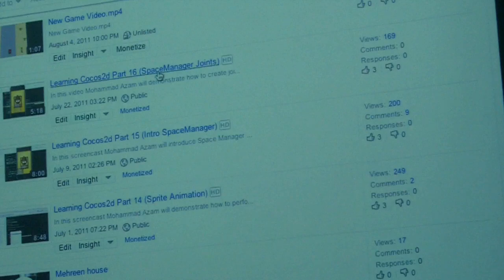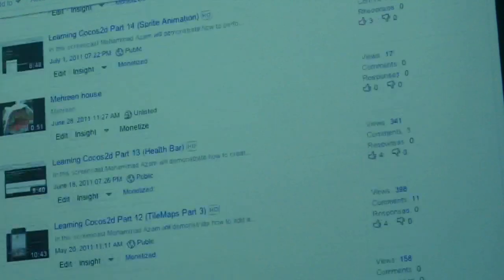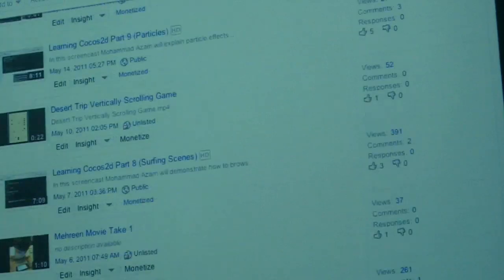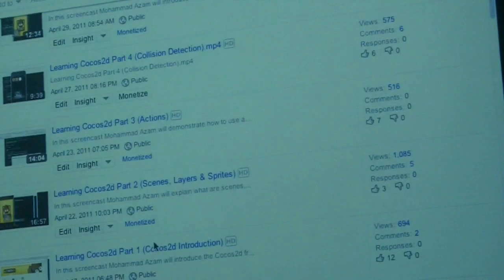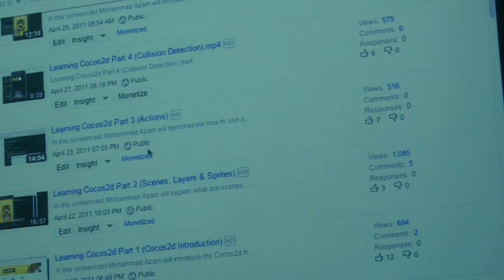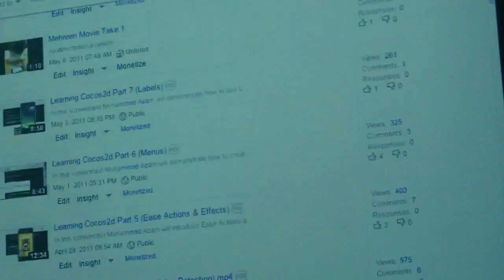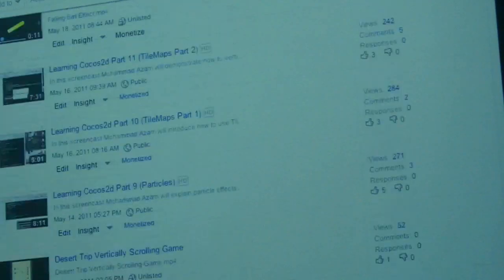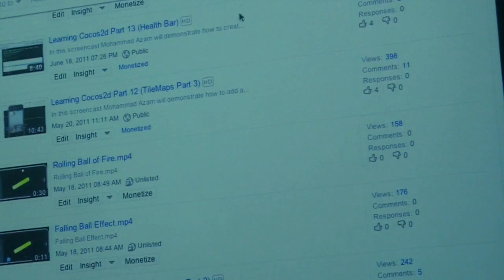And it goes, I think we are on part number 16 where I'm introducing Space Manager, but it goes to part number 1. And it starts from the very beginning: Cocos2d introduction, scenes, layers, sprites, actions, collision detection, and it goes on to part 5, part 6, part 7, part 16. And it's all HD, so if I just play this,